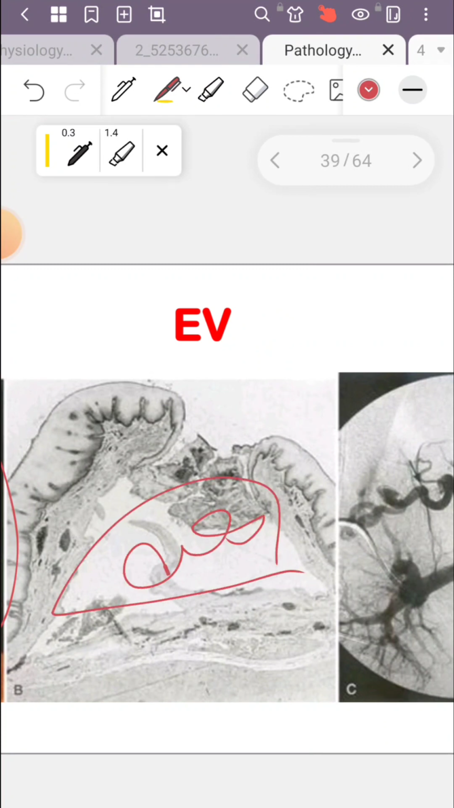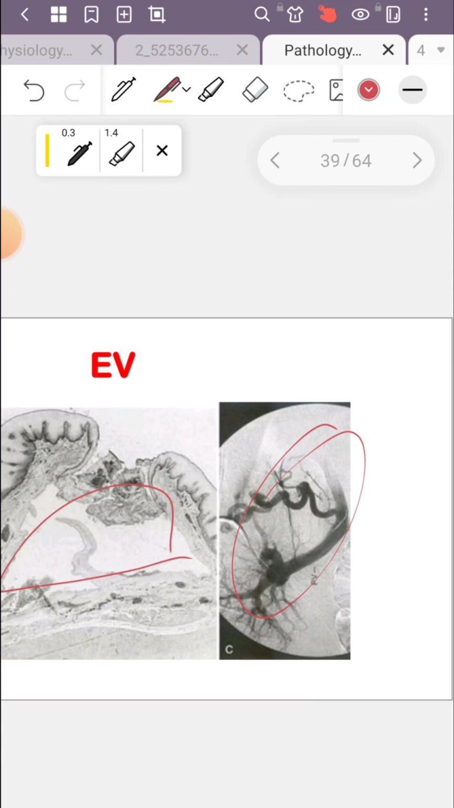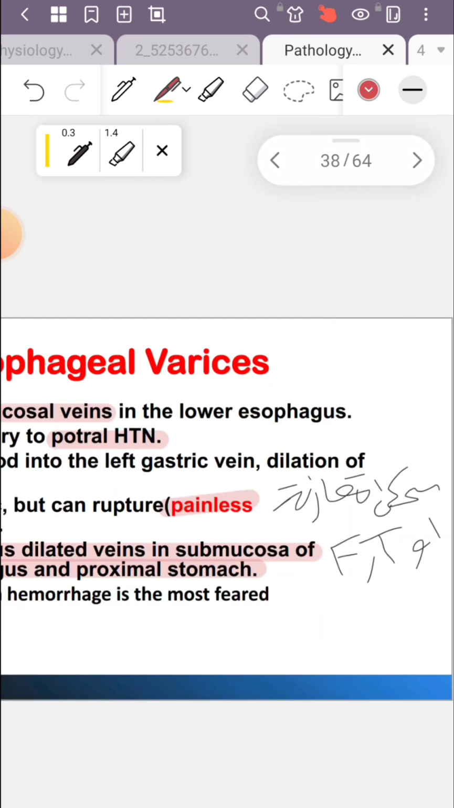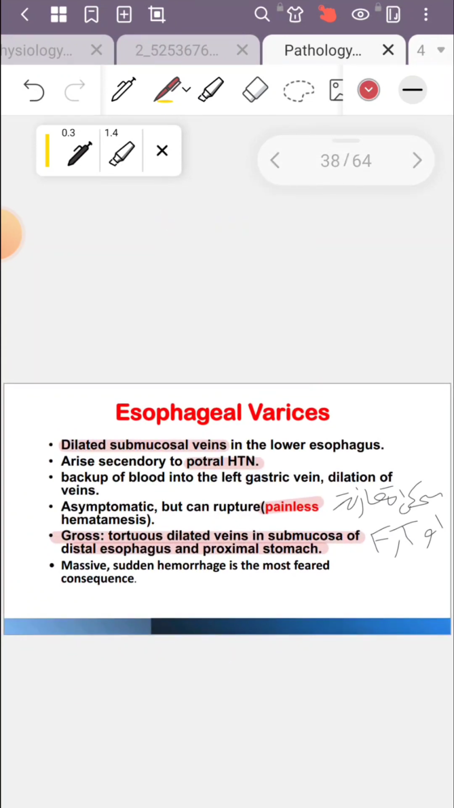When the mucosa ruptures, bleeding occurs. And this angiogram is a demonstration of dilated submucosal veins. Portal circulation, esophageal varices, these are dilated submucosal veins in the lower esophagus. What is the cause? The cause behind is related to portal hypertension. Usually the patient is